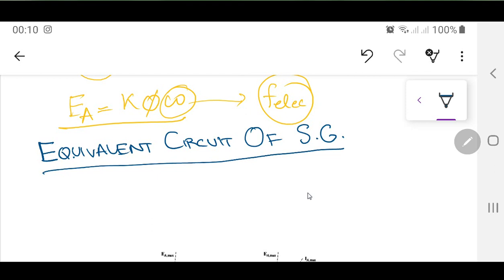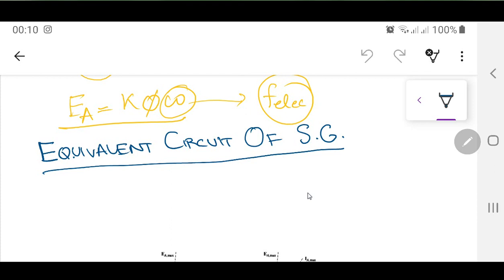Now, in a DC machine, if you remember, we talked about a DC machine in terms of armature resistance. There was no inductance involved, because we were always assuming that the DC machine was working at steady state values. So certainly the equivalent circuit of a DC machine was just involving the armature symbol, and then there was a